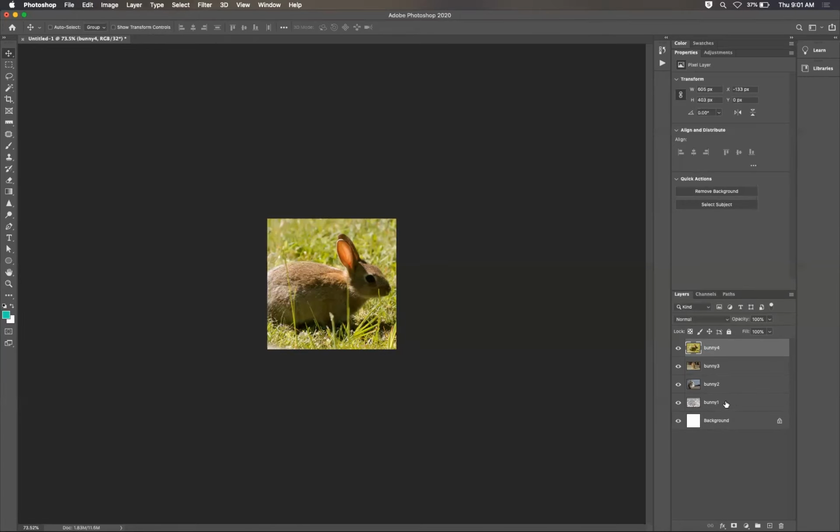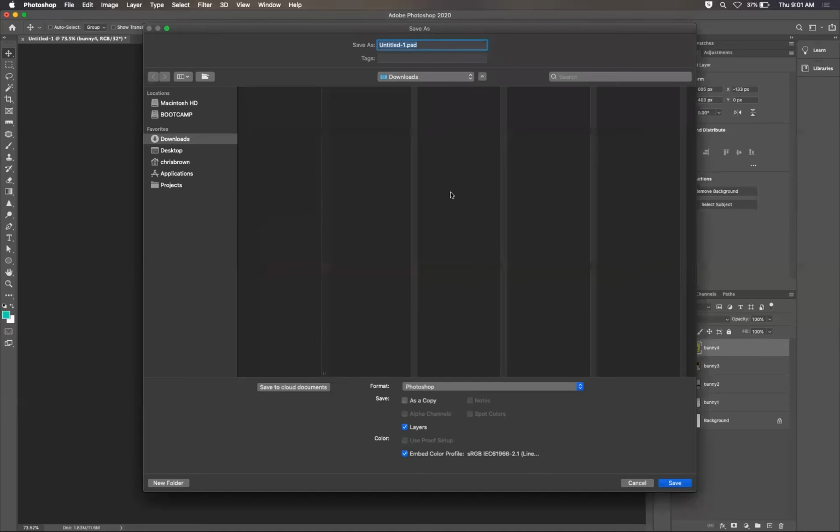When you're totally done, make sure again your layers are named bunny 1, bunny 2, bunny 3, and bunny 4, and then we're going to save the entire Photoshop file into that same assets folder inside of our website project folder, and I'm going to name it